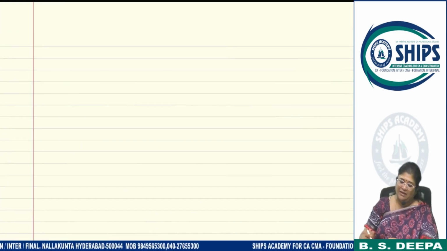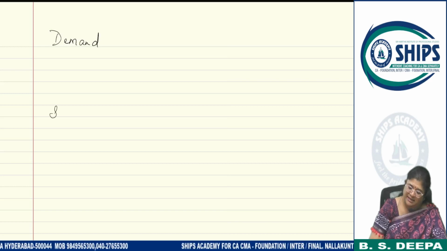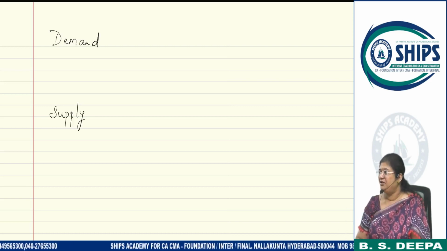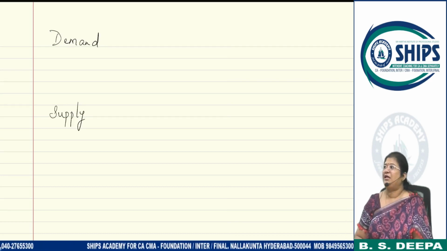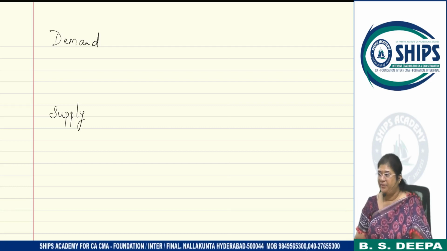Now we will talk about what is demand and what is supply. Because we have used these terms in the previous conversation, that is why I want to clarify. So when we talk about demand in economics,